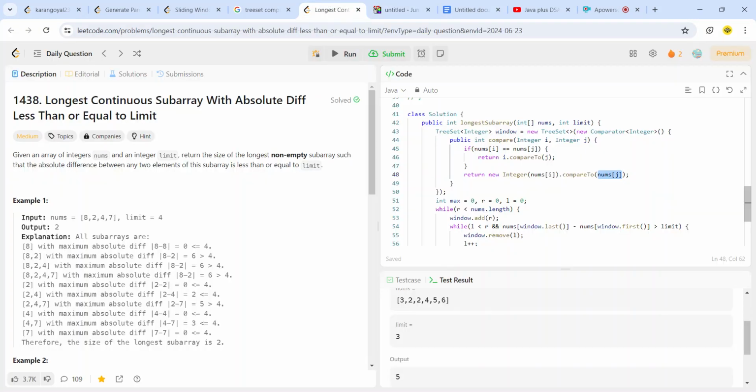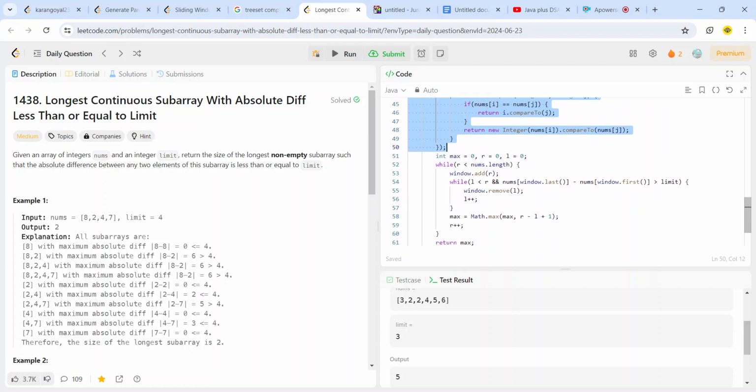So you will be adding the indexes, but how will you add them? Based on nums, based on the array element. So you should read more about comparators, because generally the questions coming these days are comparator based. I think you'll get more clarity when you solve more comparator questions in Java, basically.